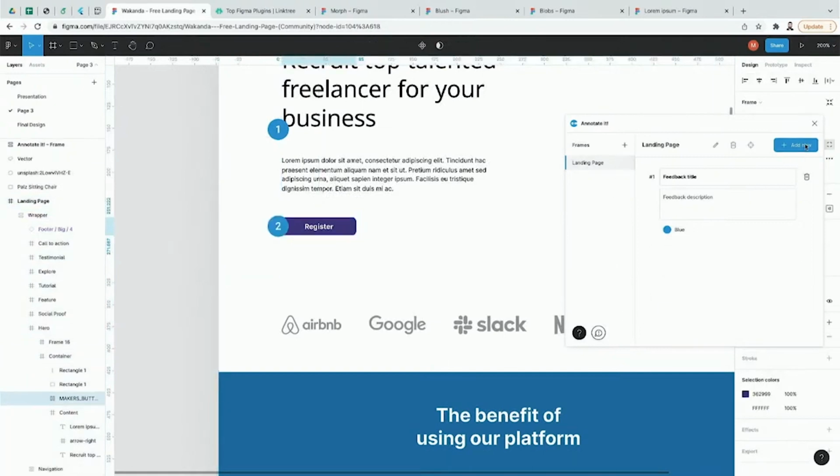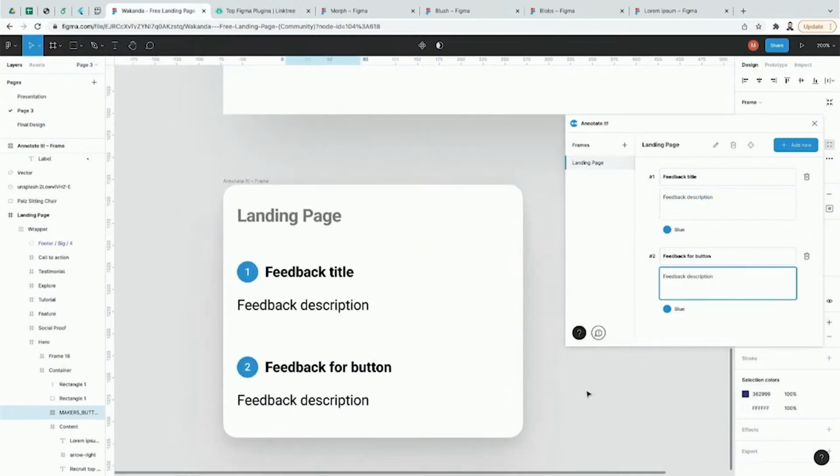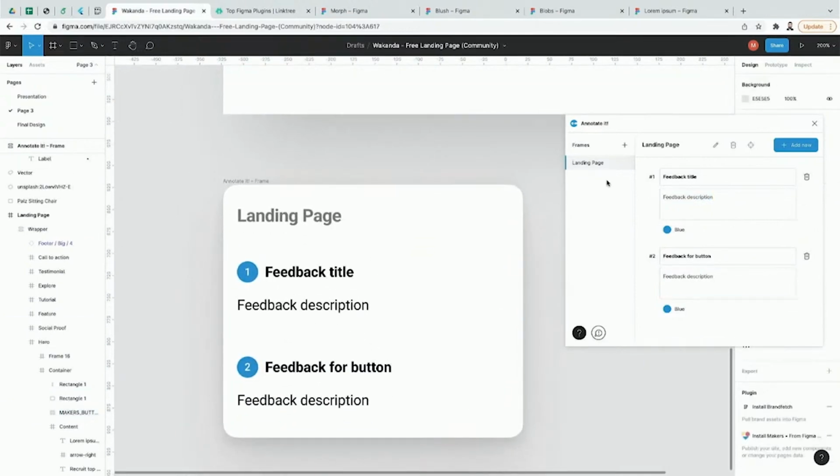I can just click on add new. It added number 2. I can leave my feedback for button, feedback description goes here. And if you scroll down, you can see also how it breaks it down. And you can create multiple frames as well. So if you want to have separate blocks, each one of them with their own feedback. To be honest, this is mainly used when you're moving your design, your prototype, from the design phase to the development